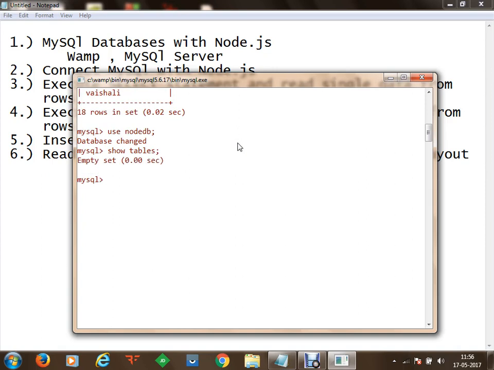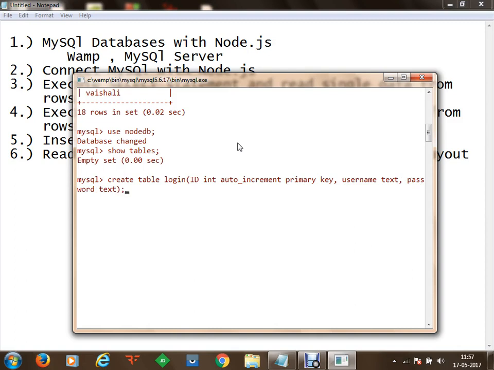So we are going to create a sample table, and we can do that with create table name. Let's say I'm going to create a table for something like login. So I'm going to create a table login, and within this table login, I'm going to have an ID that will be an integer, auto increment, and it's going to be a primary key. Then I'm going to have username that will be of text type. Then I'm going to have password that will also be of text type.